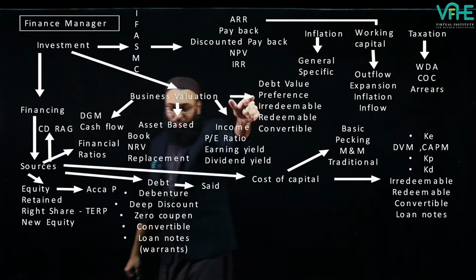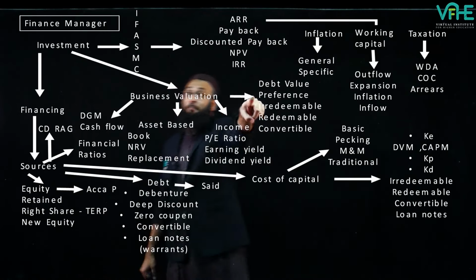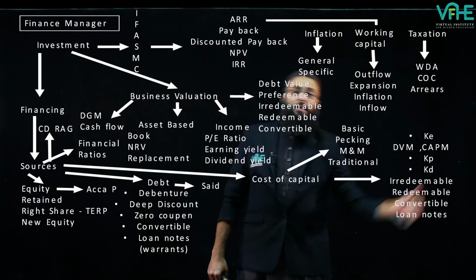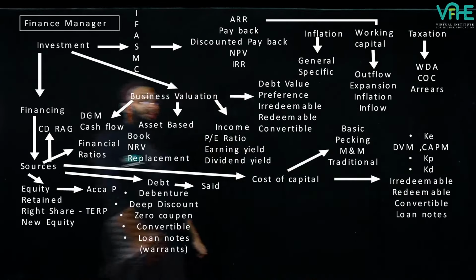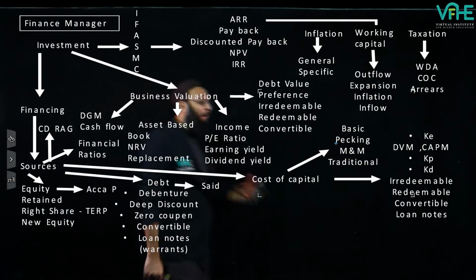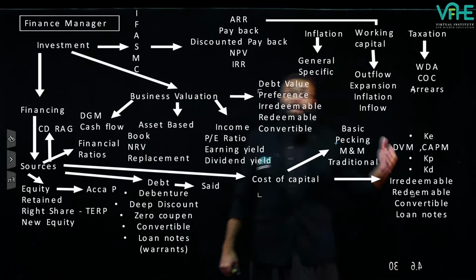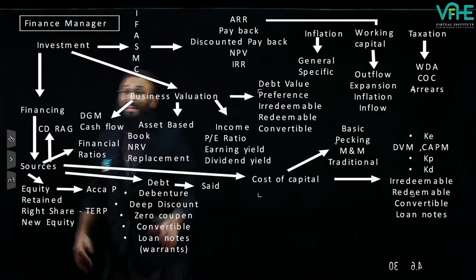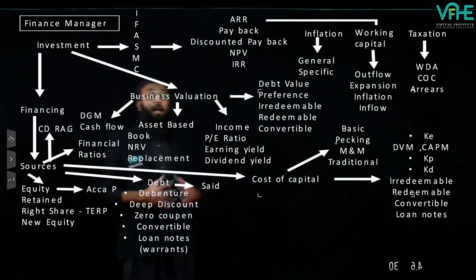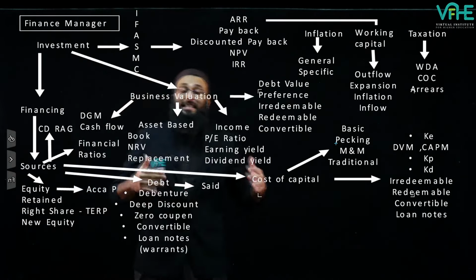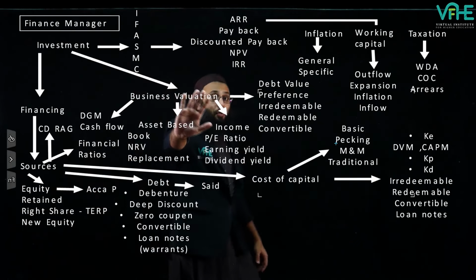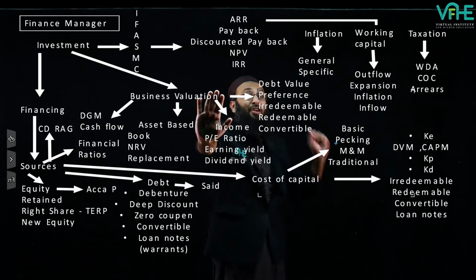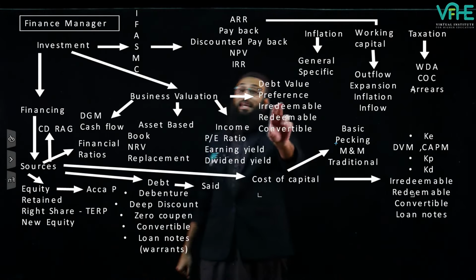Okay, same goes for debt. For debt like bonds, you were having three bonds here: irredeemable, convertible and redeemable. When you were in VAC, the mindset was of the company. That is why we used to use interest after tax. But in business valuation, when it comes to debt, the mindset is of an investor, which is the bank. And for the investor, there is no tax saving on interest. So when you are working out the valuations of irredeemable, redeemable and convertible, remember, my friends, you will be taking KD